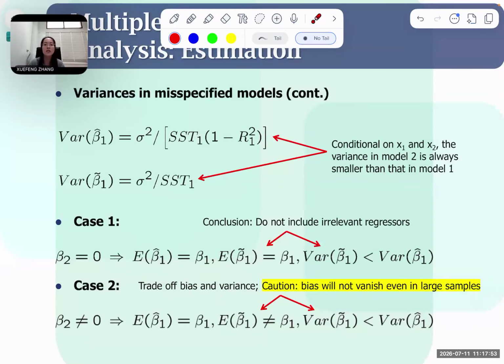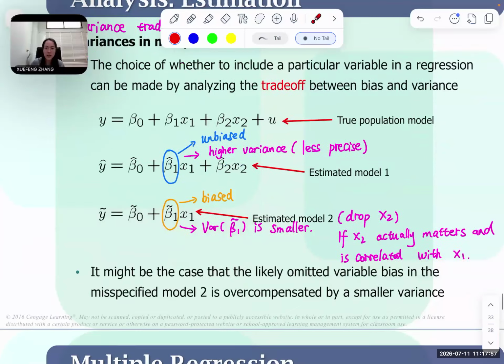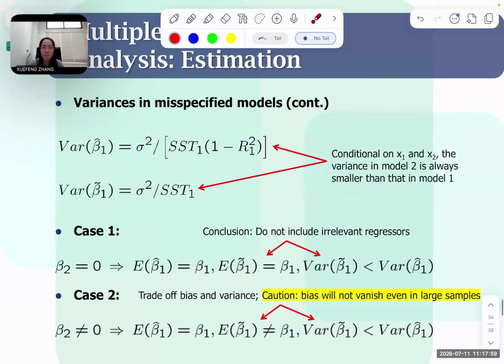It depends on how big the bias is versus how much variance you save. Let's compare the two models' variance directly. The first one, variance of beta 1 hat equals sigma squared divided by SST1 times 1 minus R1 squared. This is from model 1 with x2 included, okay? And the next one, variance of beta 1 tilde equals sigma squared over SST1. This is from model 2